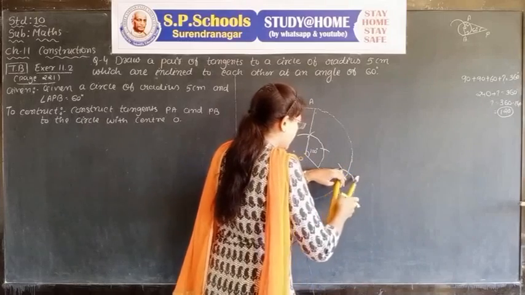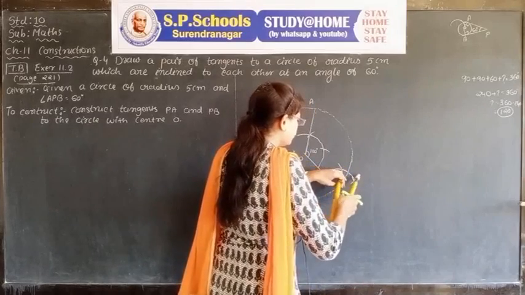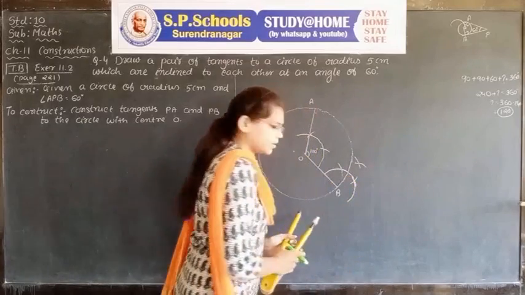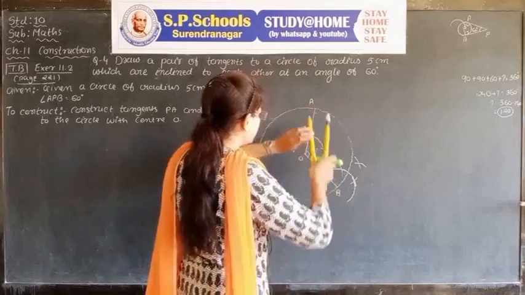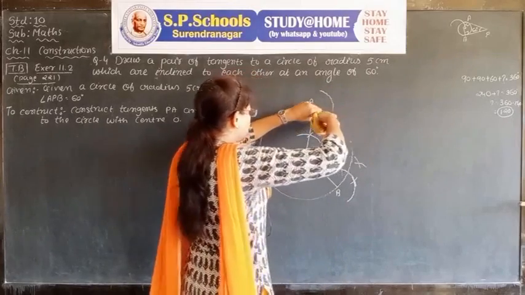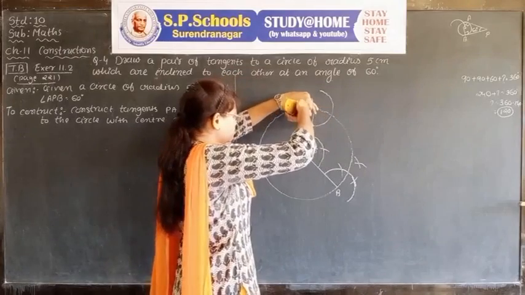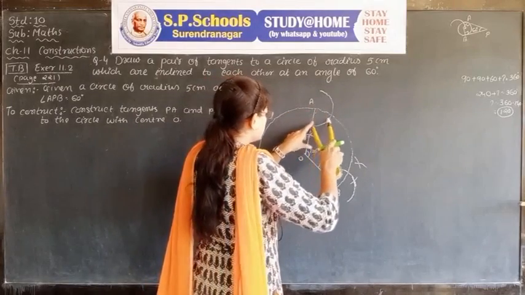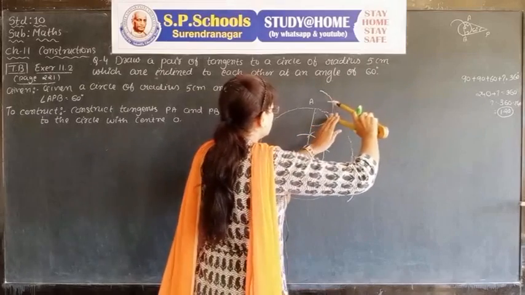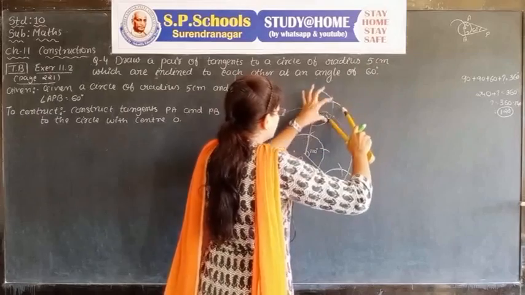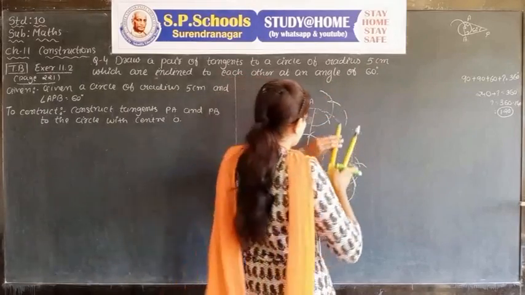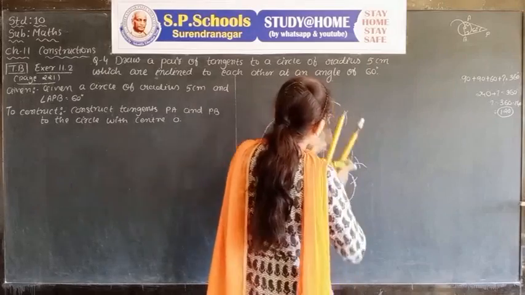How to draw an angle of 90 degrees? As you know very well. Now the same procedure will be repeated at A. Taking A as the center, first of all, draw a semicircle. Taking this as a center, draw one arc. Taking this arc, draw another arc. Take one by one these intersecting arcs as a center, draw another arc.